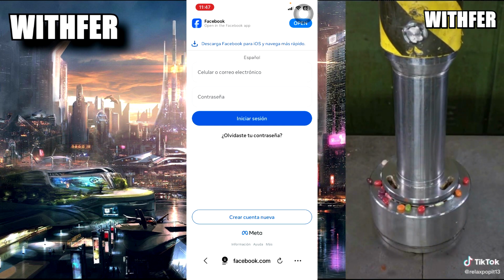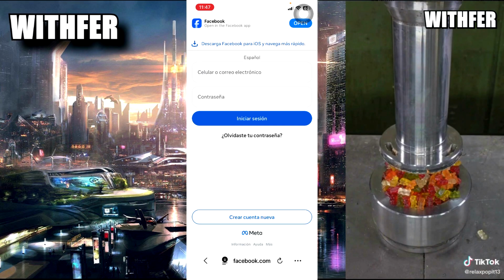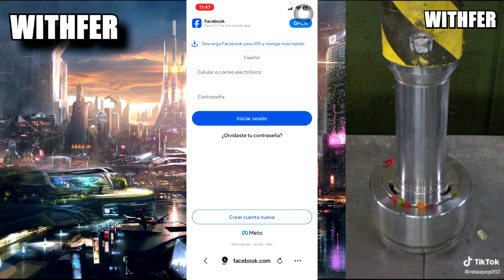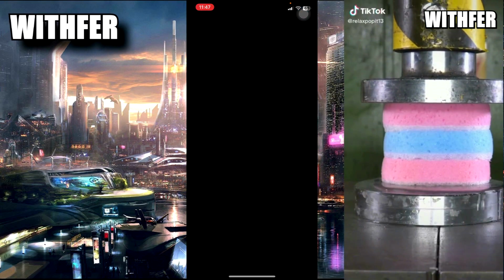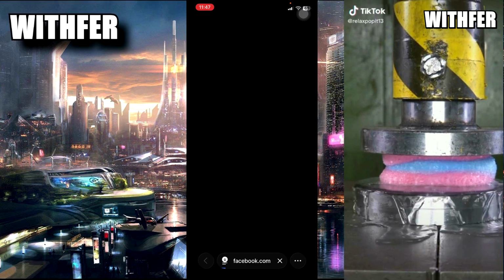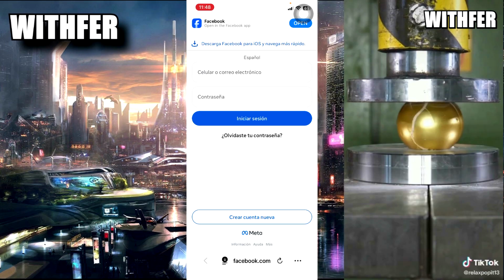It's so easy and really fast, and you don't need to log in to your account every time. You only need to do this one time, and then when you open your Safari again, your account is saved here. It's so easy and really fast. Okay, it's another option. And this is all for this video.